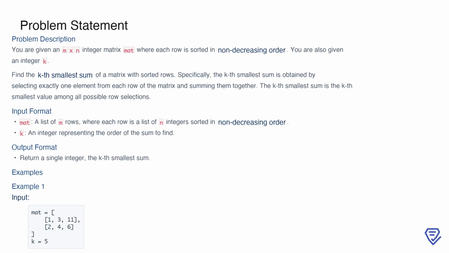In this problem, we are working with an m x n integer matrix called mat, where each row is sorted in non-decreasing order. The task is to find the kth smallest sum that can be formed by selecting one element from each row of the matrix. To clarify, you are allowed to take exactly one element from each row, sum those selected elements together, and then determine the kth smallest sum out of all possible combinations. Inputs include the matrix mat and an integer k, while the output will be a single integer representing the kth